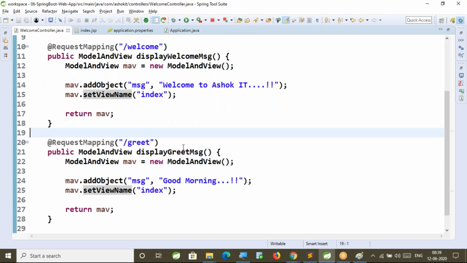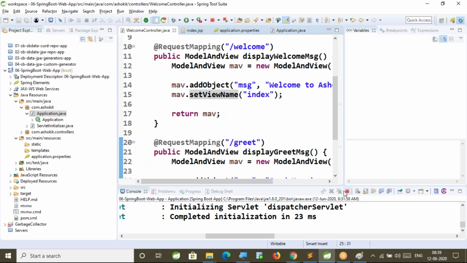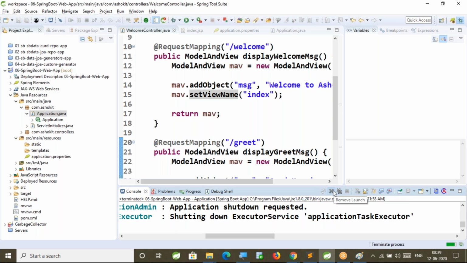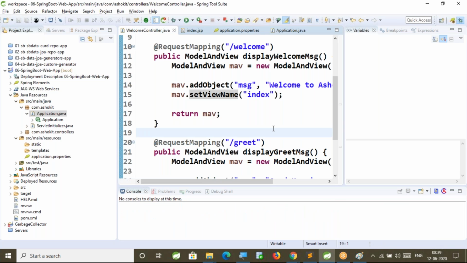Now, do I need to create the index once again or is the existing index going to be sufficient? No need to create it. Already that file is created, it is going to be used. I don't need to do any change. Just stop our application and start once again. As of now, I did not tell you what is dev tools. If I add the dev tools, no need to restart. It will take care of that. Now currently dev tools are not there, so I'm stopping this.